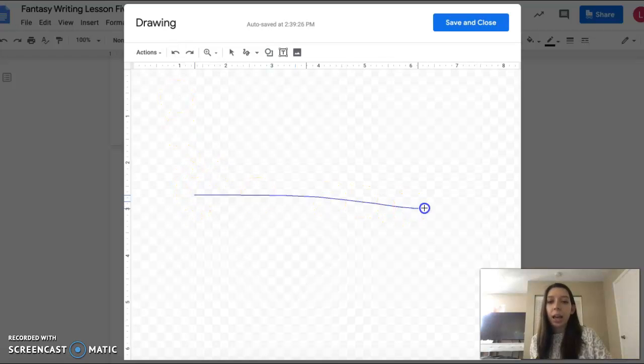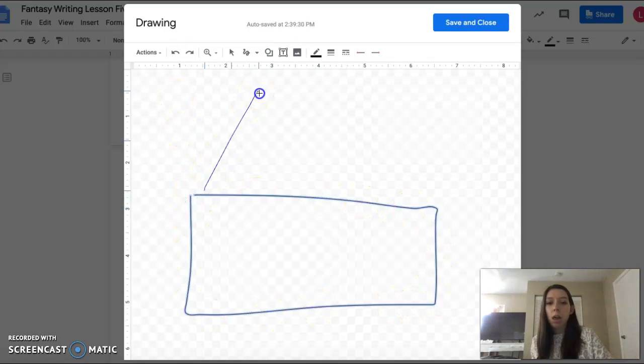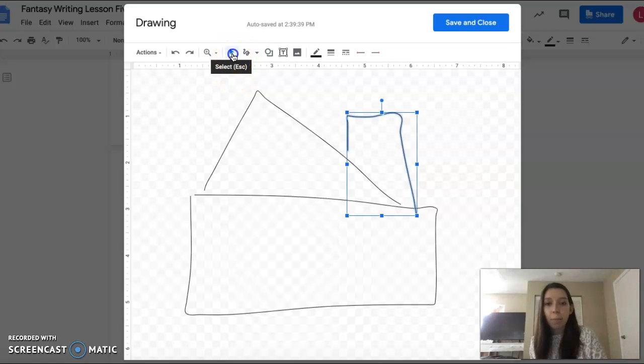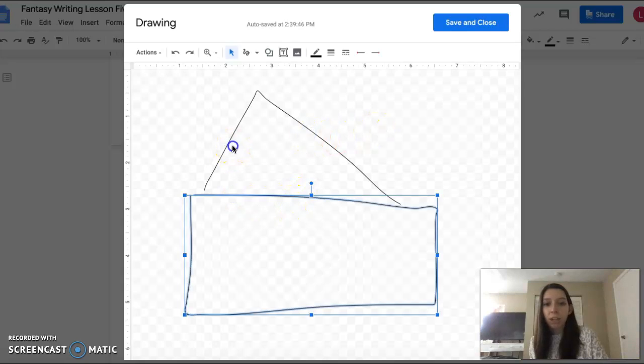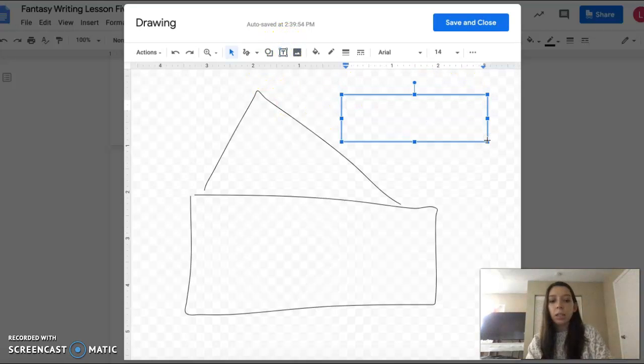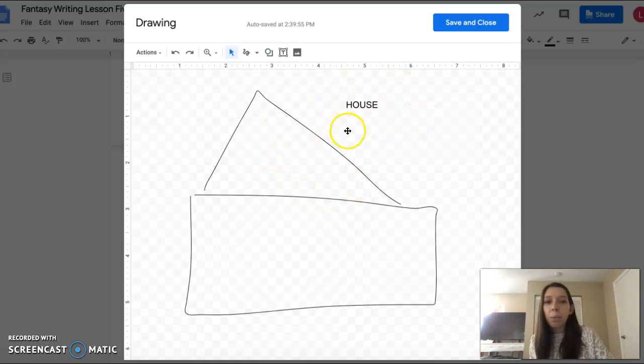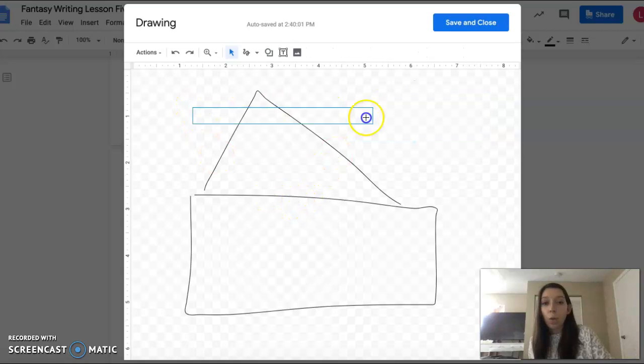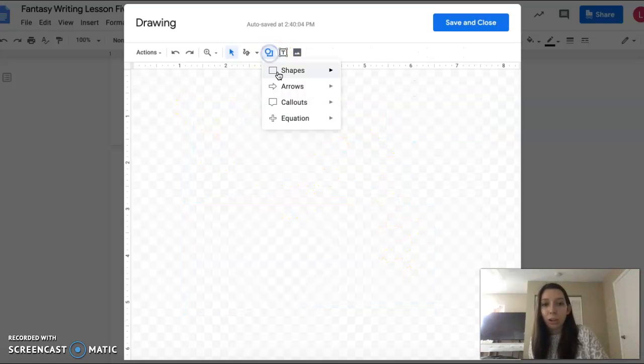So let's say I'm in a house. I could draw Miss Saratella's bad version of a house. And then if I wanted to click any of it, I can't click it with the Scribble. So instead, if you want to click something, you have to click the cursor select button in order to select things, and you can delete them. That helps you click the drawings you've made. You can also insert text boxes if you want to label things, and you can insert images. If you don't want to draw the way I drew, you can insert shapes.